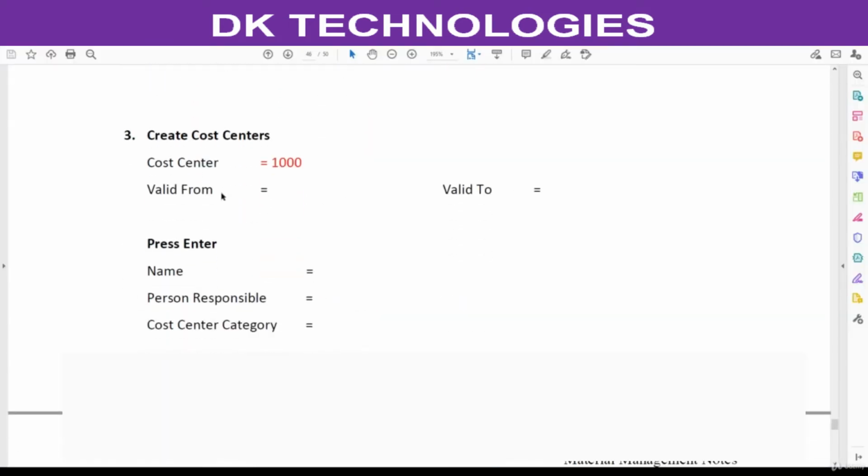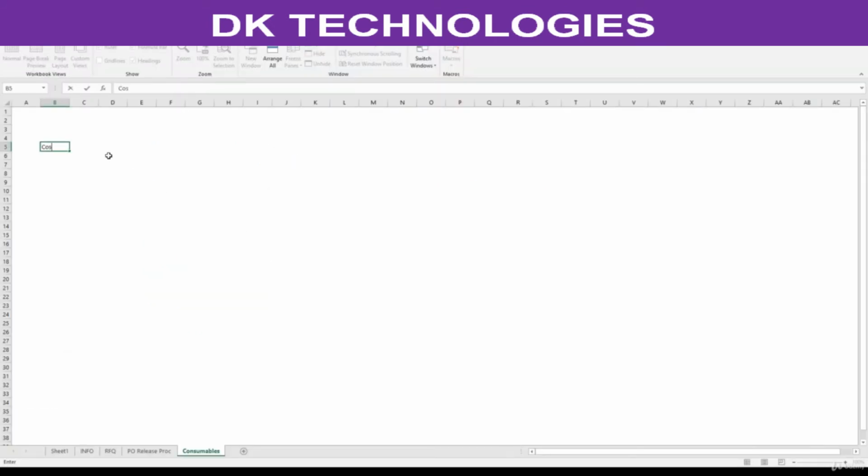Next step is to create cost centers. The cost center T code is KS01. Head office, Marketing, Logistics. The cost center numbers are 1000, 2000, 3000.